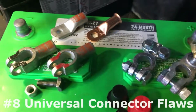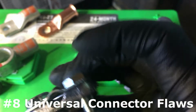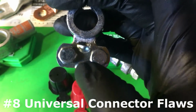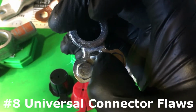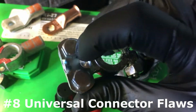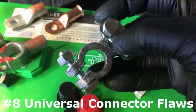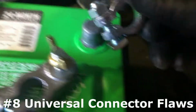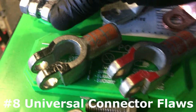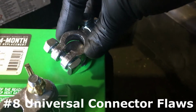Now back to these temporary battery terminals. This one right here, you're supposed to loosen this, and this crimps down onto the cable, and that is very little surface area. And this will actually get really hot if you're running a lot of electronics. And this is a universal size, so it fits negative pretty nice. But if you were to use this on a positive, you will have to stretch this out,